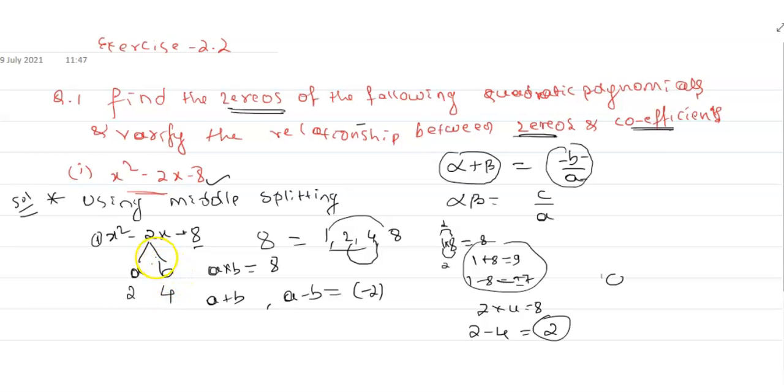Next, I have to take the sign of this middle term to my bigger value. What is the sign of the middle term? That is minus. I have to take this to the bigger number. Here 4 is my bigger value, so minus 4. Now in order to get 2, if I take plus 2, what happens? Minus 4 plus 2 I will get minus 2. If I take minus 2, what happens? Minus 2 minus 4 I will get minus 6. So I hope you understood this, guys. You understood this?